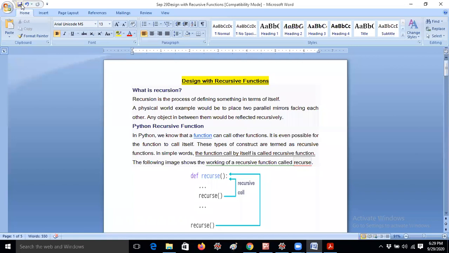I will give you the task today: how to find the GCD of a number using recursion. We have already discussed the GCD logic, because it works based on the factors. So I think everybody knows the logic. By using recursion, you can solve the program. I will give you today's assignment using GCD only.